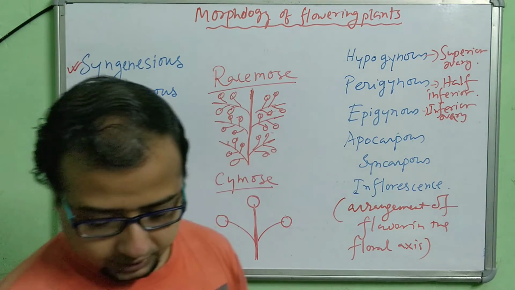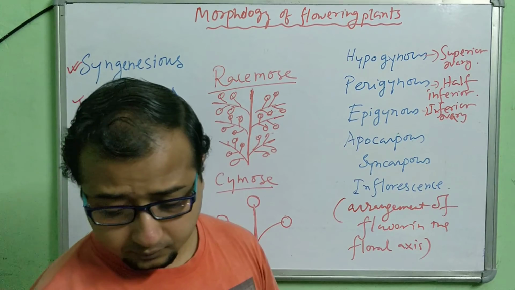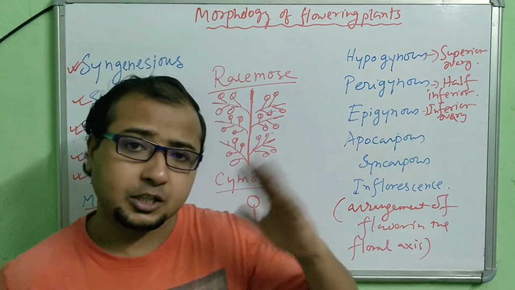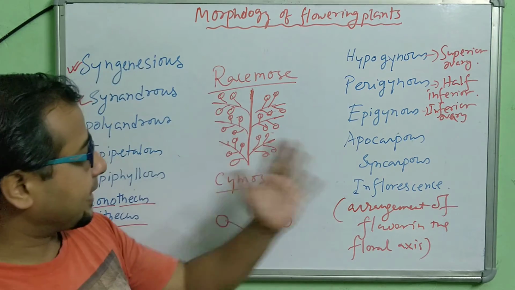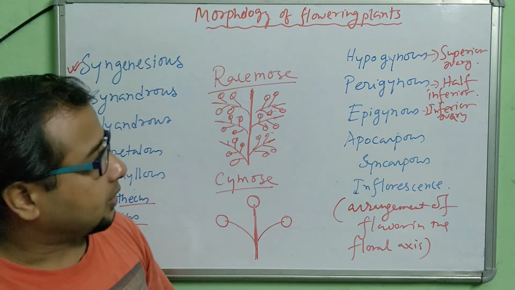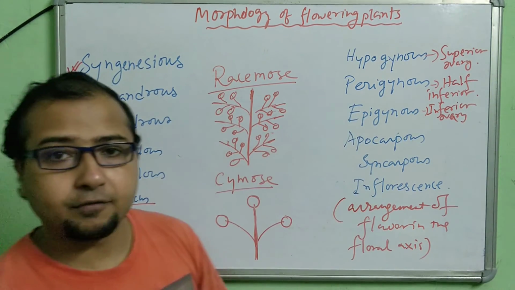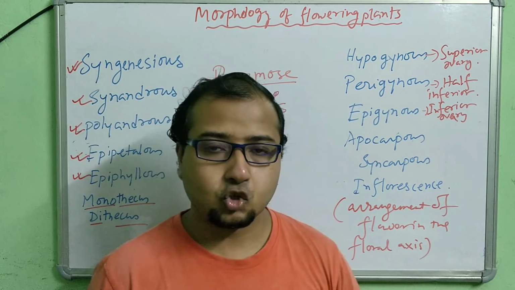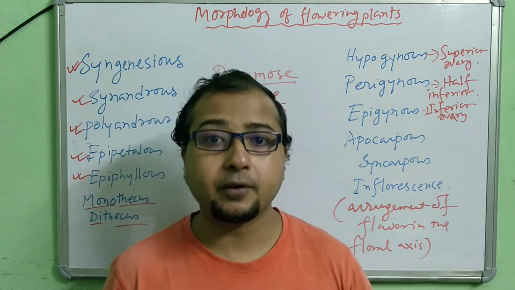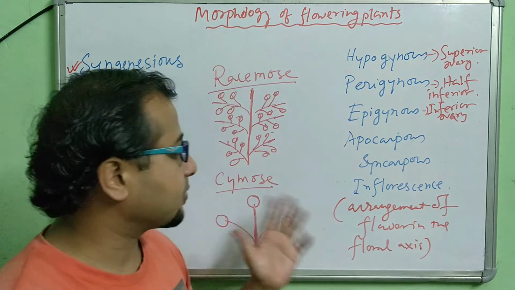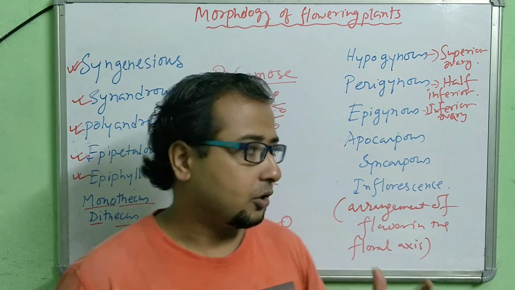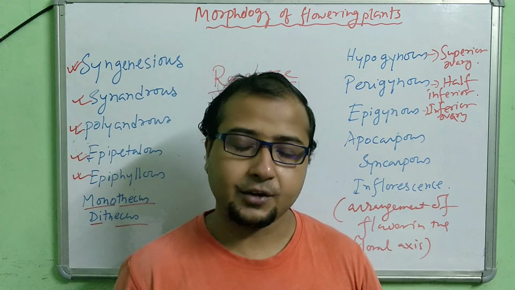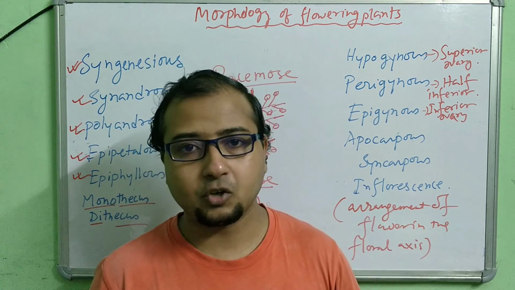Okay, so these are the terms. Half of the terms we have already discussed in the last class, and these are the next part of the terminologies related to the flower given in the syllabus. So we have covered the topics according to our reduced syllabus. Okay, all these terms are important for you to understand. Make a note on your own from the discussion of this video.